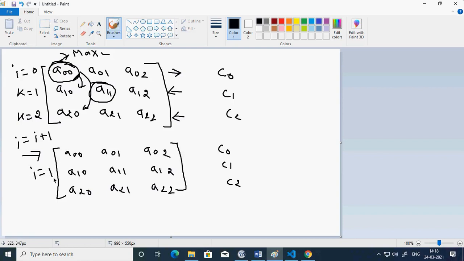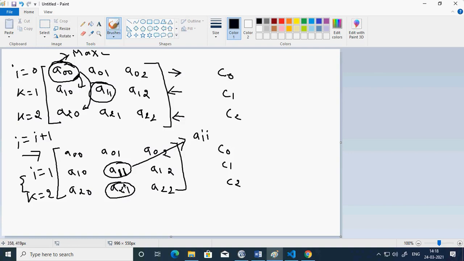Now it's time to vary the value: I becomes 1, and now K becomes 2, because we know the relationship between I and K. K has to be greater than I by 1, that I have already said. So K equal to 2. While comparing now, I am going to compare this with this. Again, if you see, this is 1, 1. So I can call this element AI, because I is 1, so it is A11. That is what we have already taken care of: this element will be a diagonal element, 1, 1.